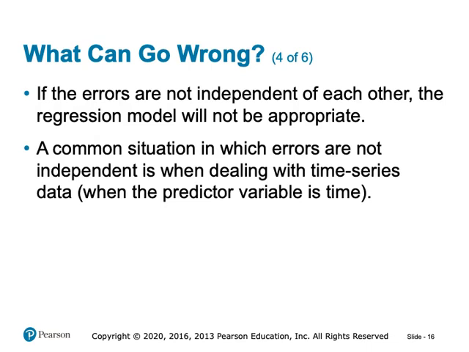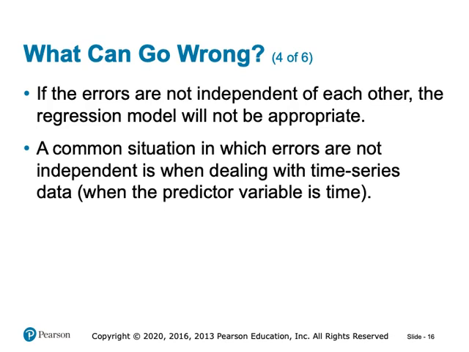Let's examine what can go wrong when this condition is violated. 1. Inappropriate regression model. If the errors are not independent of each other, the regression model you're using may not be appropriate. Independence of errors means that the value of one error term should not be influenced by the value of another. When errors are dependent, it often indicates that there is some underlying pattern or structure in the data that the model is not accounting for, which can lead to inaccurate estimates and predictions.